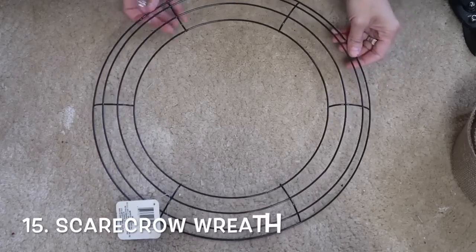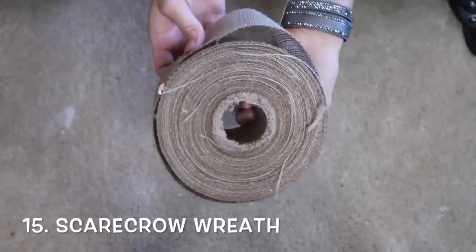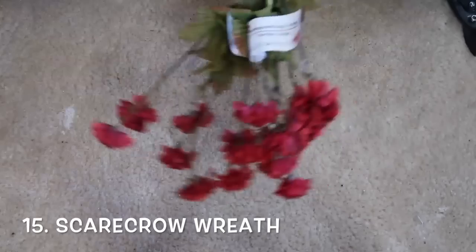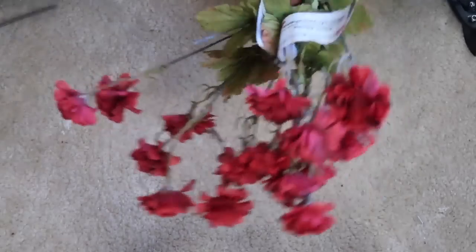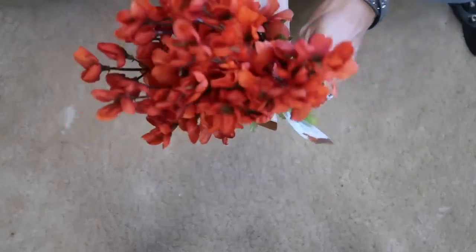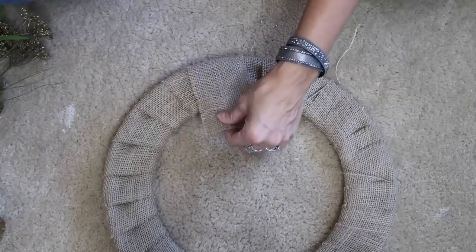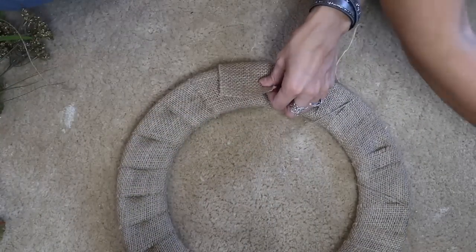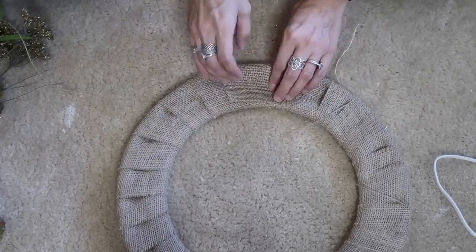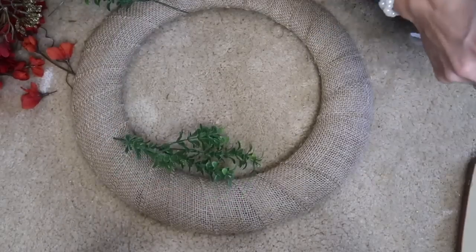So 15 is a Scarecrow Wreath. So I'm just going to do the same thing that I do with all of my wreaths. If I have a wreath form, I will take a bunch of flowers, greenery, etc., and just glue them on. I love different sizes of flowers. I always take burlap, wrap it around, because like I said in one of my other wreath tutorials or DIYs, whatever you'd like to call it,